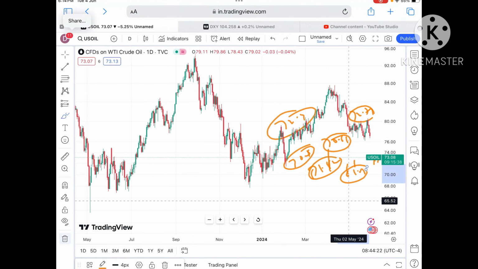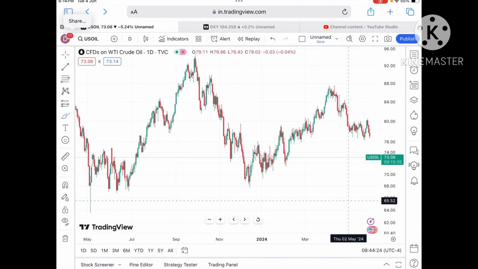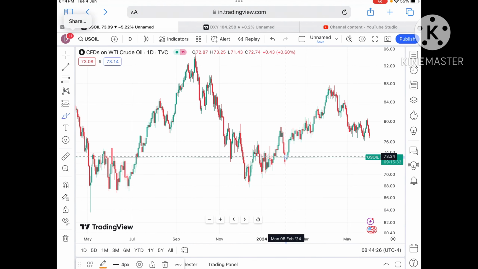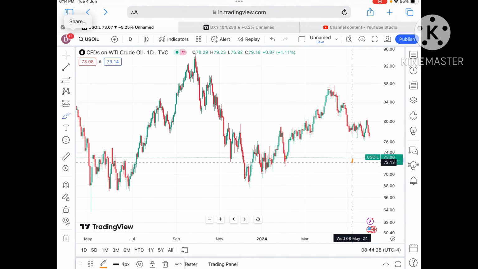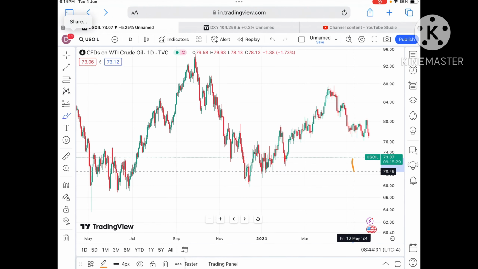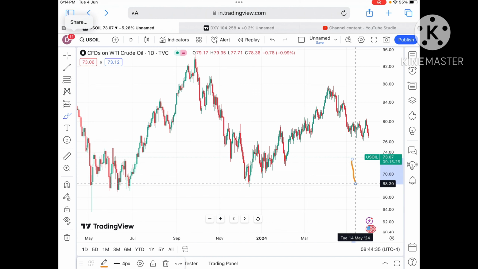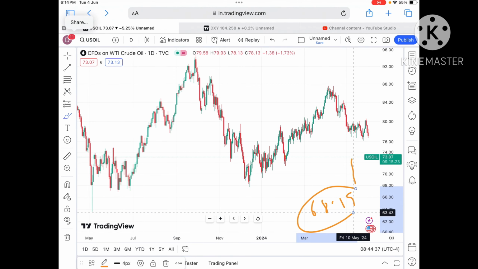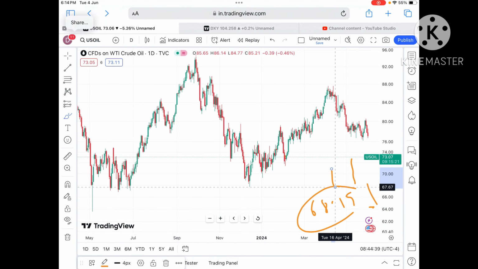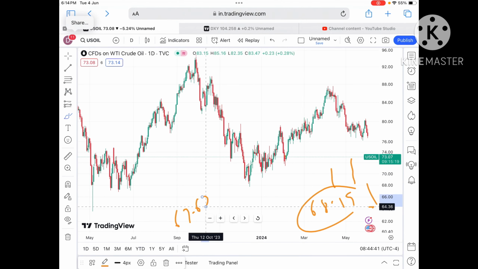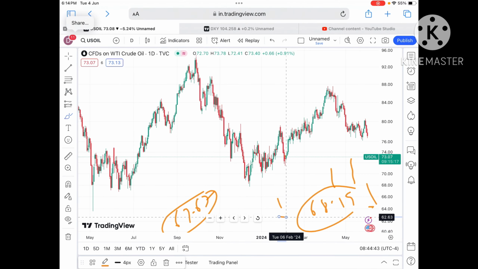Chances are very high that if the price keeps falling below this level, we can see a further downfall, because it has made a low after Feb of 24. So chances are high it can move towards a level of 70.41, then to a level of 69.42, and then to a level of 68.19. Once the price starts falling below that level, we can see a further downfall towards a level of 67.67, and then further